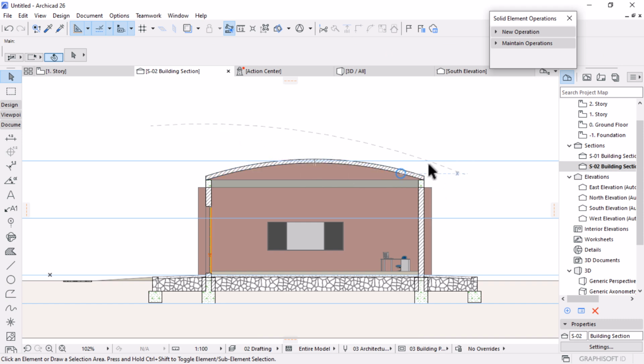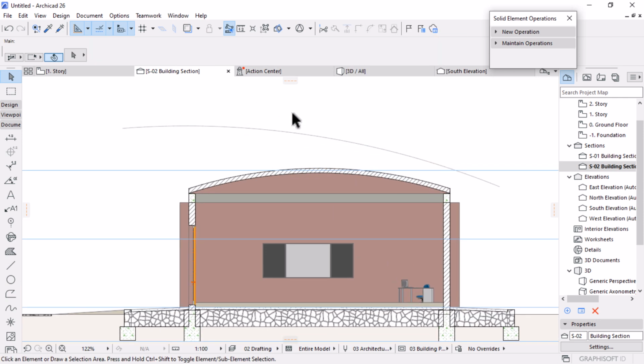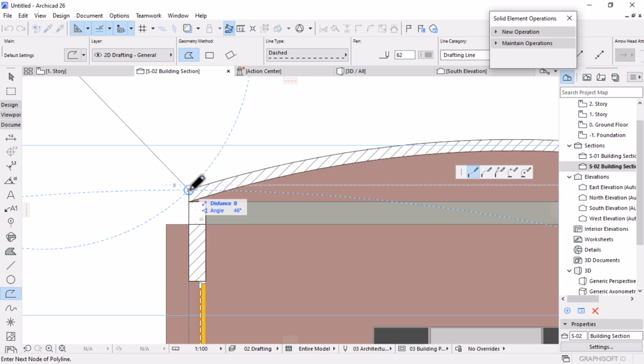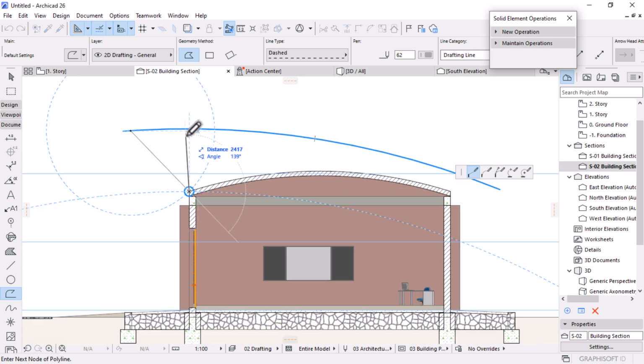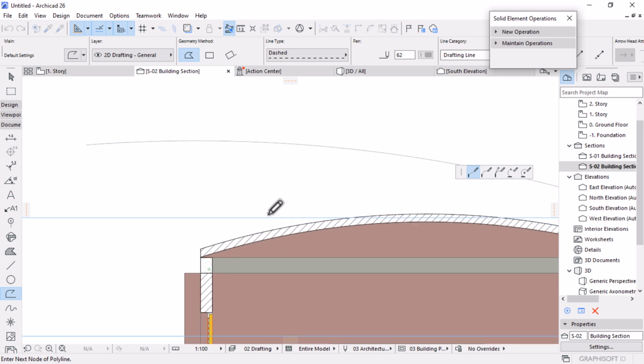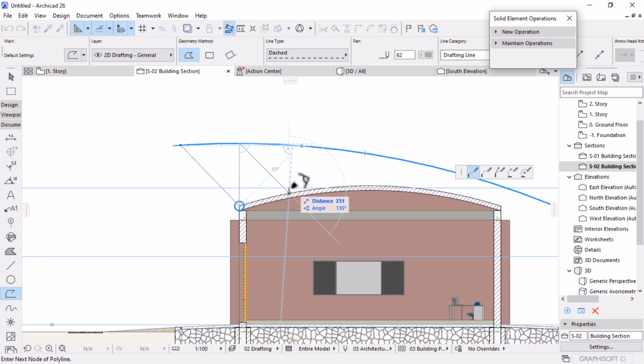Let's do that. And I will select this, change this to a solid line and pick this. You would have something like that. I'm just sketching, guys. And then we have a vertical member, we have this. Okay, for the sake of this demonstration, I don't want to have too many